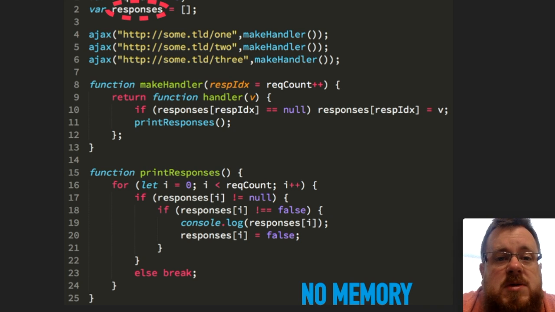So I've got both pieces of state that I'm going to track in that slot, meaning I will set an entry into the slot when I get the response, but then once I've printed it, you'll see there on line 20, I set it to false. So I need to check to make sure that not only do I have a response, because if I don't have a response, then I've got nothing else to do this loop around. If I'm on number 2 and I don't have that, even if I've got 3, I can't print it yet. So that's why I break there on line 23. But if I do have it, then I need to check to make sure it's not already been printed. So I check against false, and then I print it out.